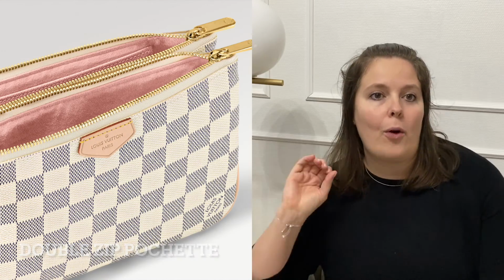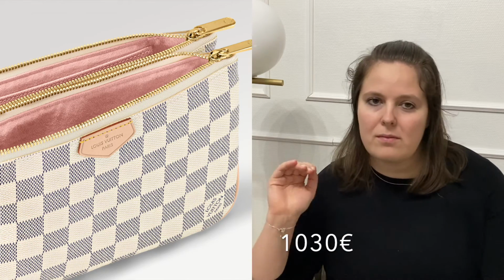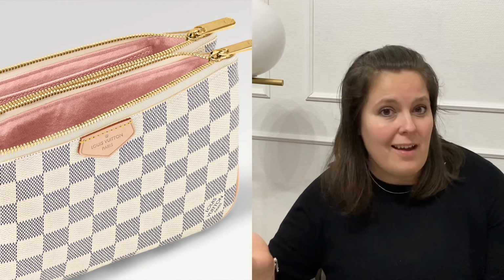So I managed to find one that I actually feel could be value for money, and it's just a tiny bit more than 1,000 euros. So it is the double zip pochette for 1,030 euros. And at this point, I could only see the Damier Azure canvas on the website, but I have seen leather versions of this, especially an Empreinte version, and probably other canvases as well, but it might be some kind of seasonal thing. But currently there was this Damier Azure one, and I think this is a really good